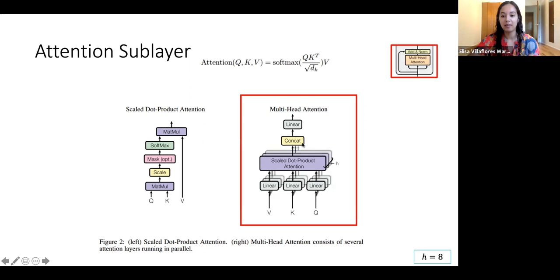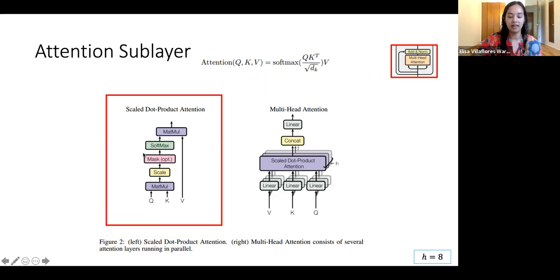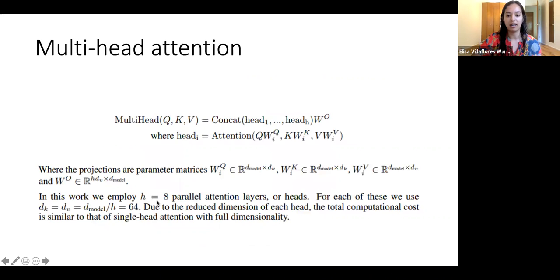It's called multi-head attention because this attention calculation happens h number of times. In this paper, they suggest h equals 8. That means there will be 8 different heads on this attention network. This image here is just a picture form of this equation here. Basically we multiply the query times the key, we take a softmax, and then we multiply times this value matrix. Let me go through the next slide.